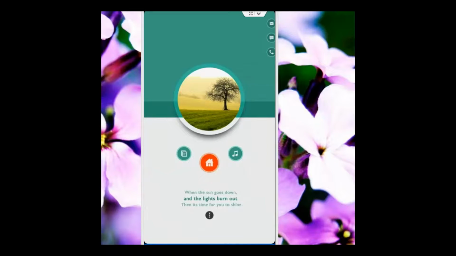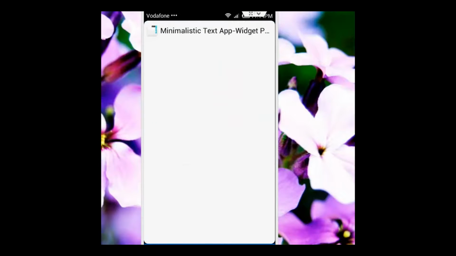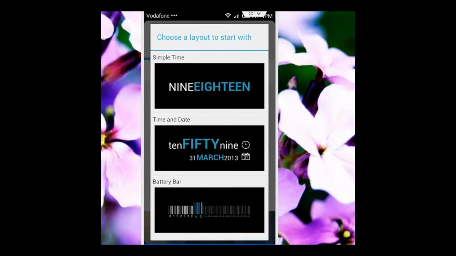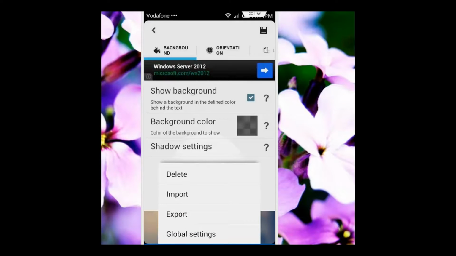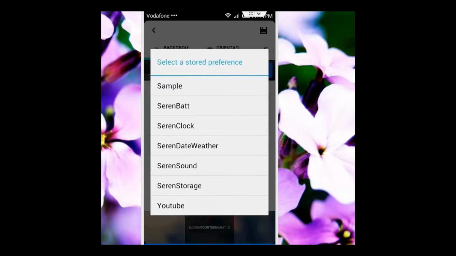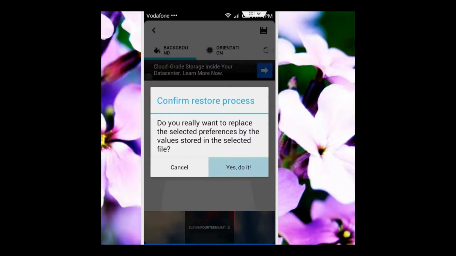So choose the one you prefer, and once the app loads like this, we'll press the menu button and we'll press import, and then it comes up with the files that I've stored in my preference folder. We'll choose our date and weather for this one, so let's choose for it. Yes, do it,